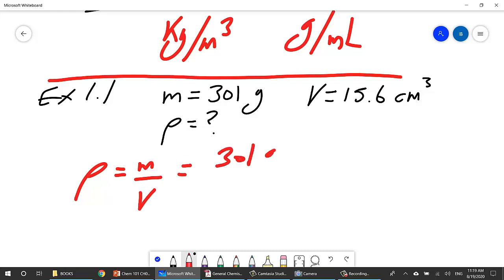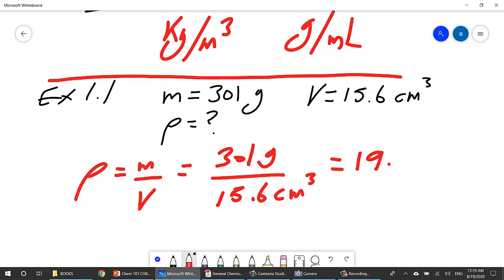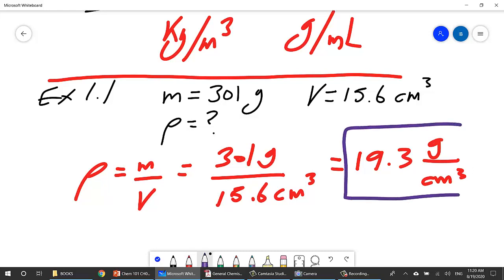301 grams. It's very important that you put the units in your answer. We are not in school anymore, we are in university, so you must put the units. If you divide these numbers, you get an answer of 19.29 something. I will round this to 19.3 gram per centimeter cube. We will talk about the rounding and why we round this later on. We're going to talk about significant figures at the end of this lecture, but usually we round this number to the correct number of significant figures, and we put it in a box for teachers to